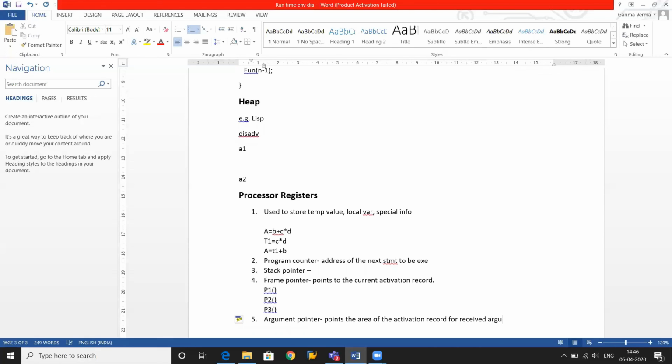Right? Acha, one more thing, it depends on the language to language or operating system to operating system